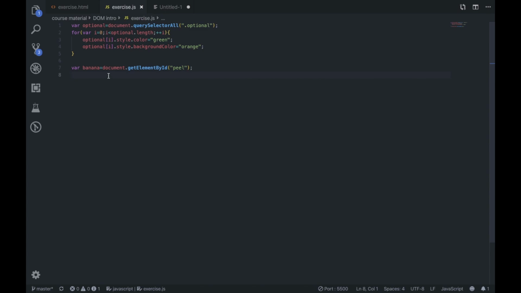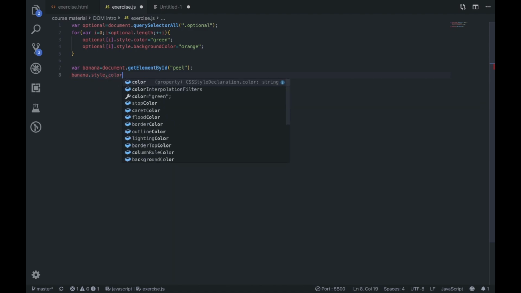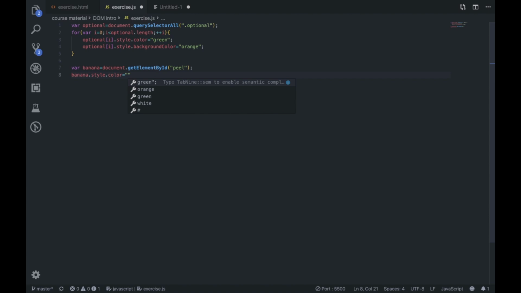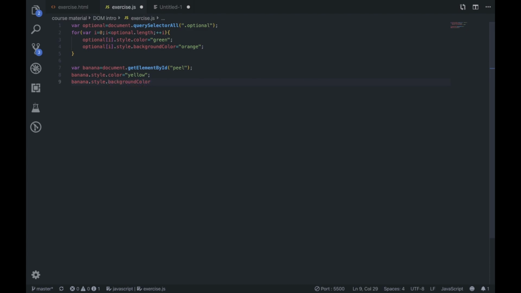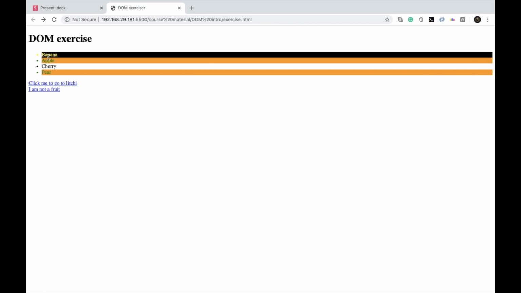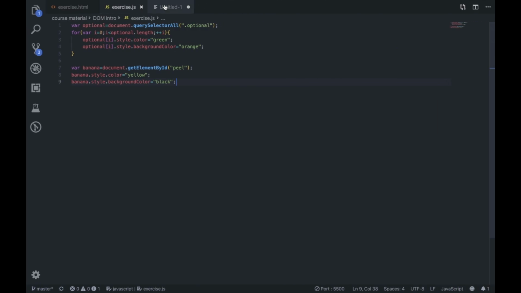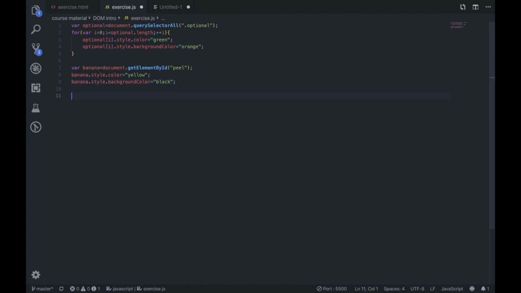So id is peel, right? And I've selected banana, and now all I need to do is banana dot style dot color is yellow, and banana dot style dot background color is black. And if I go here and refresh, this changes to yellow and black. So the second task is accomplished, right? Third is change color of cherry to red and background to green. So I'll simply do var